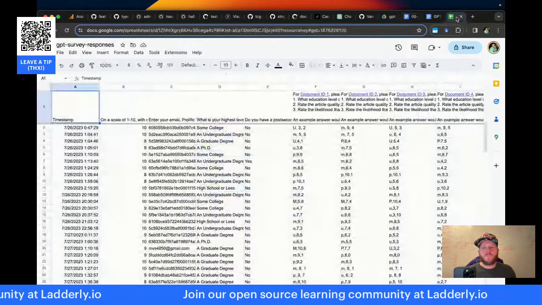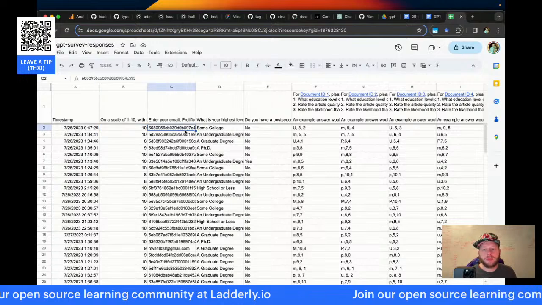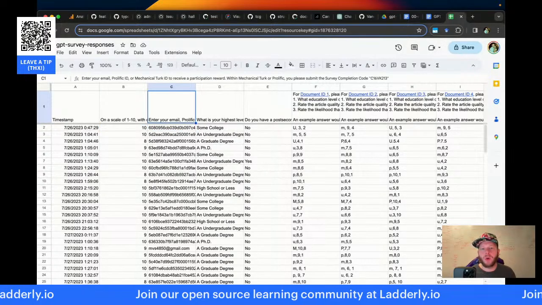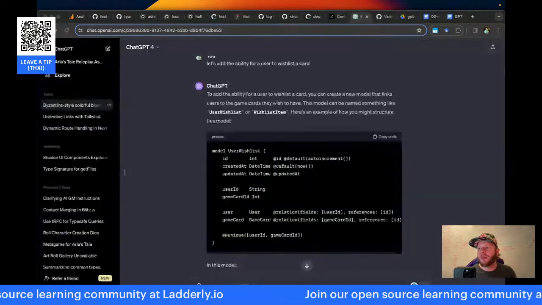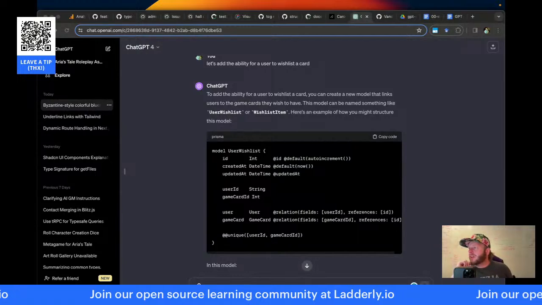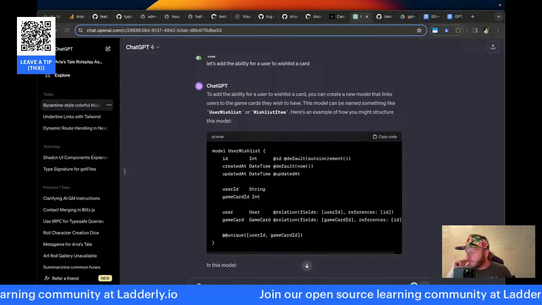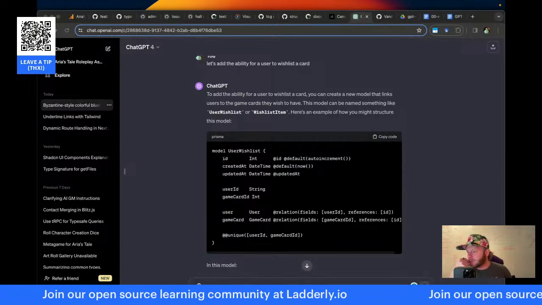Okay. So we're looking over here. Enter your Prolific email. Okay, or Mechanical Turk. So this is where I can map it. Oh, there is an email there. Dang. Enter your Prolific ID, Mechanical Turk ID, or email. Let's see where we have the actual emails.